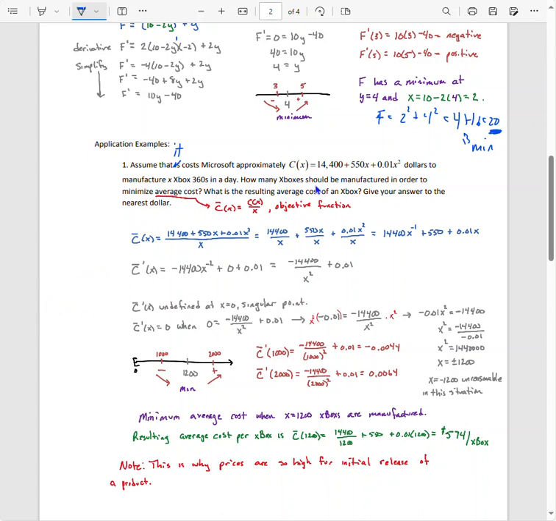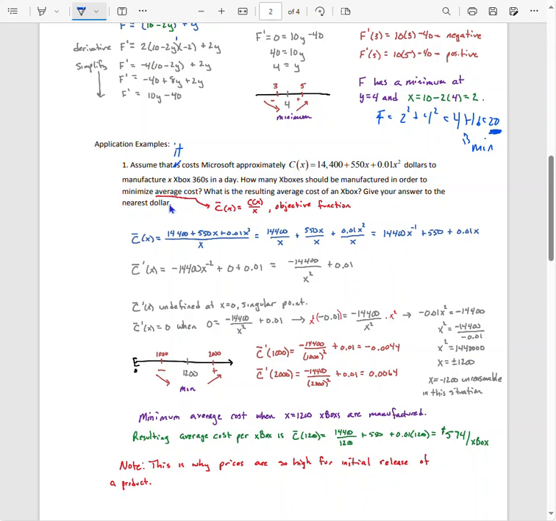So it turns out that the C of x is a constraint. It's an equation that's going to help us with our objective function. The average cost function is total cost divided by x. So I will divide 14,400 by x, 550x by x, and 0.01 x squared by x, and simplify into a form that I can use for a